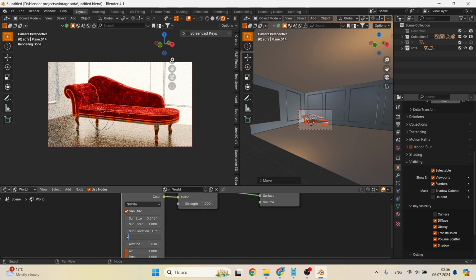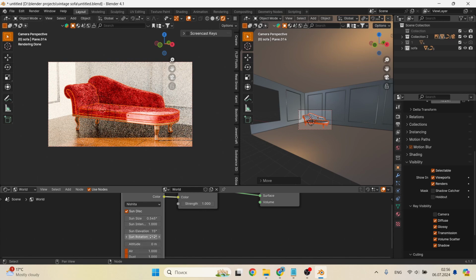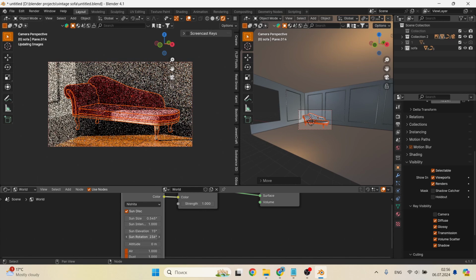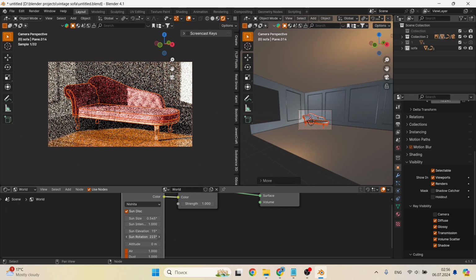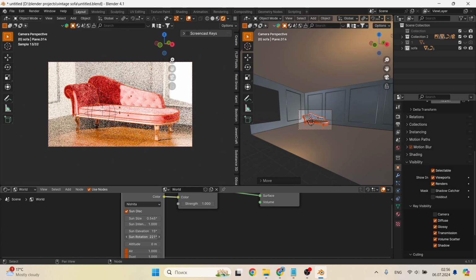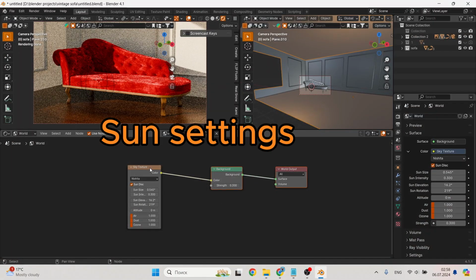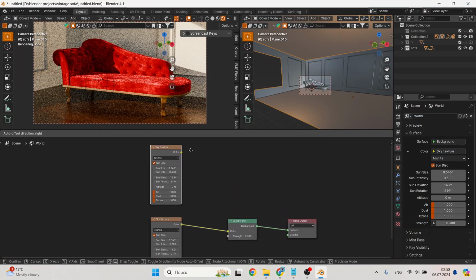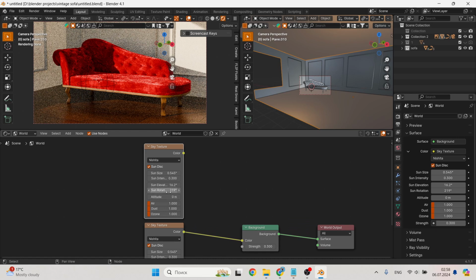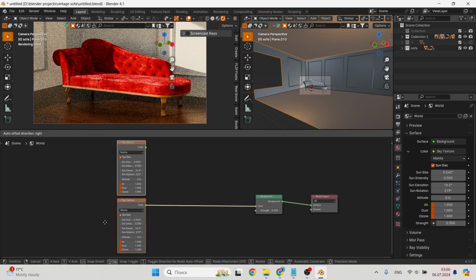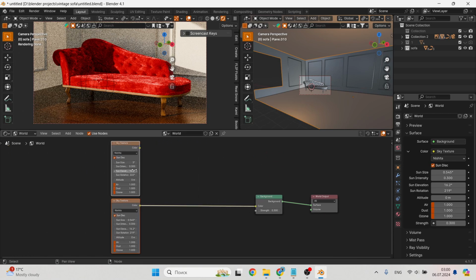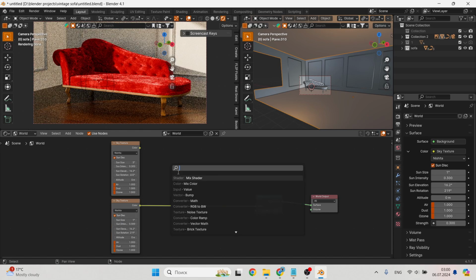The first thing we need to do is adjust the angle and height at which the sun will be located. The thing is that we will not have one sun but two, but one needs to be slightly moved to the side by a couple of degrees and the size of one sun set to 5 and the second to 1. The intensity of each sun should be approximately 0.4 each. Now we use mix color to combine the two suns.